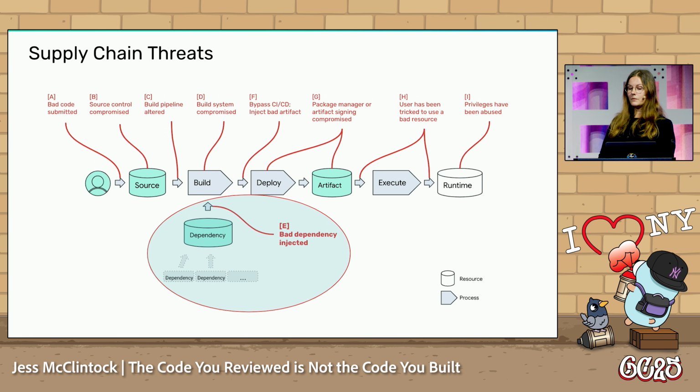From source to build to deploy, there are a wide range of potential attack vectors and supply chain threats. And as we've seen, a lot of those risks are in your dependencies. Now that we've seen how many ways attackers have for deceiving human reviewers, how can we identify when our dependencies are engaging in bad behavior? The key is to perform analysis on the build artifact, what we get after we've built our source, which includes resolving and pulling in all of the open source packages that we depend on. This means that we won't just be analyzing what appears in the input to our builds, but the actual output